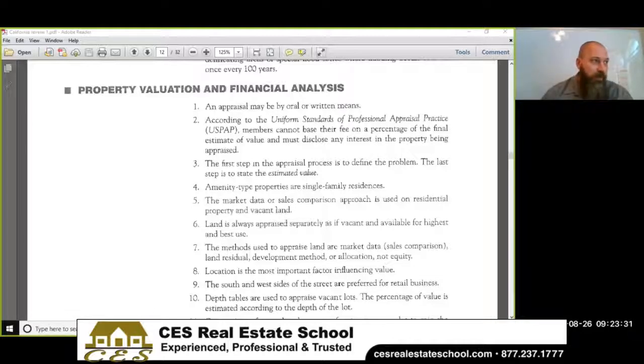All right, number 2, according to the Uniform Standards of Professional Appraisal Practice, that's called USPAP. Know that abbreviation. Members cannot base their fee on a percentage of the final estimate of value and must disclose any interest in the property being appraised. All right, so